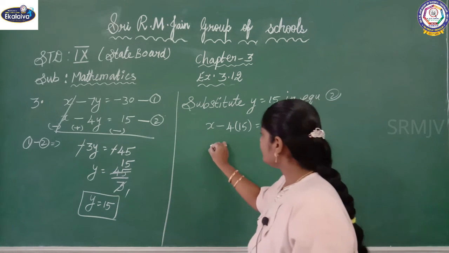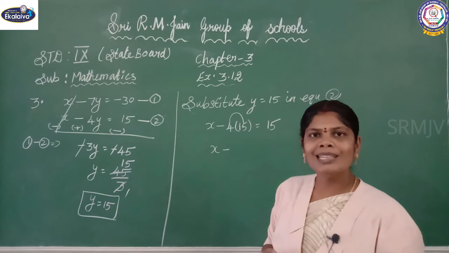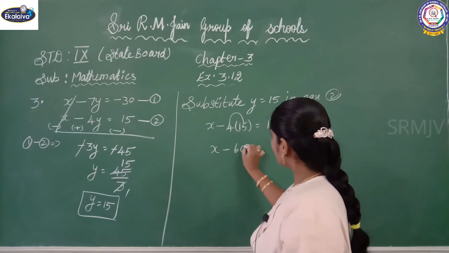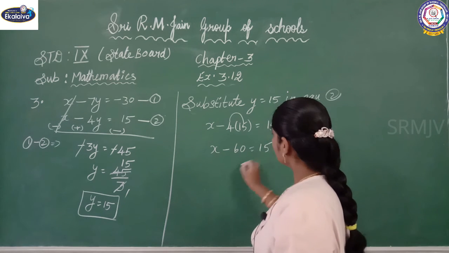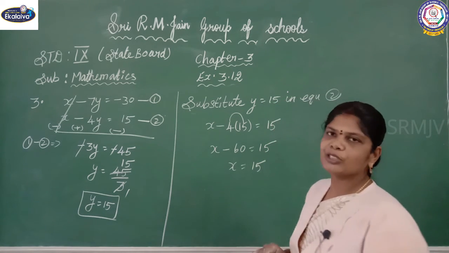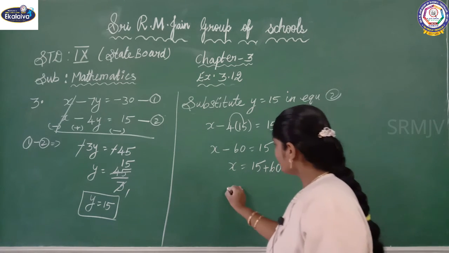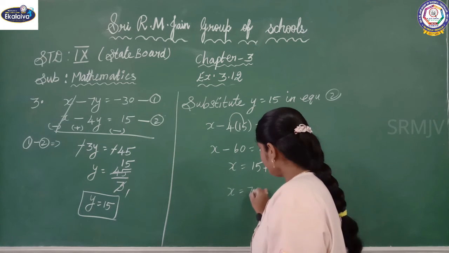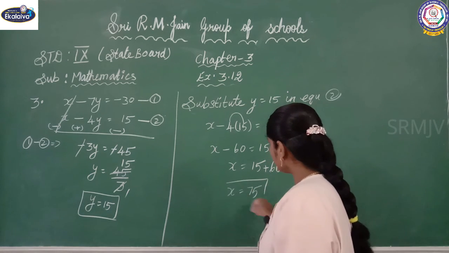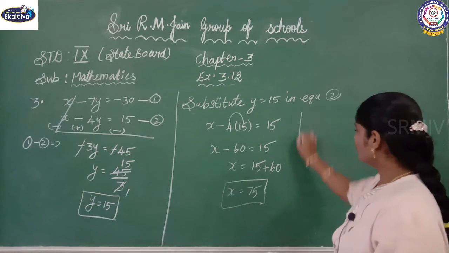Okay. So X minus 4 into 15, what will you get, children? 60. X minus 60 equals 15. The minus 60 will change to the other side, plus 60. So X equals 15 plus 60, what will you get? 75. Okay. So therefore,